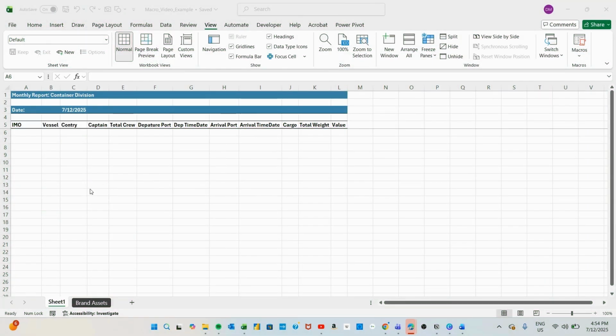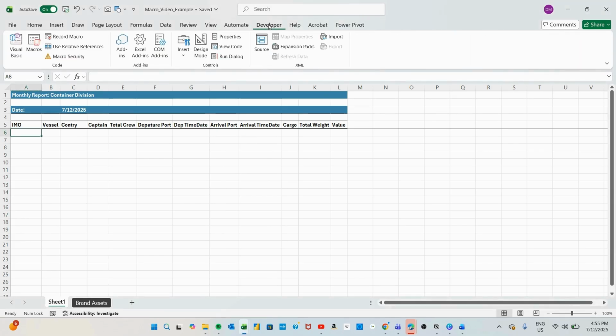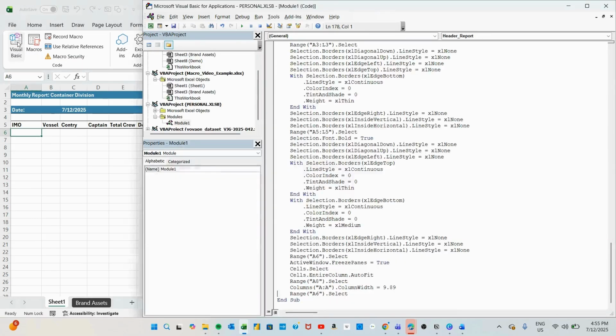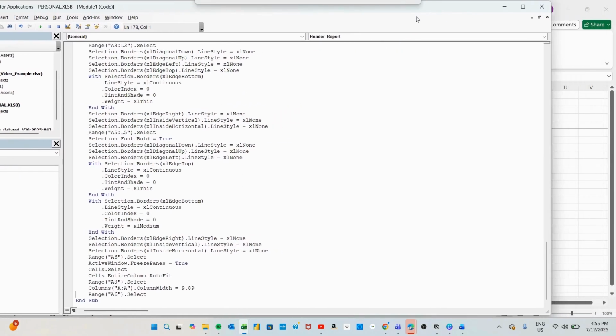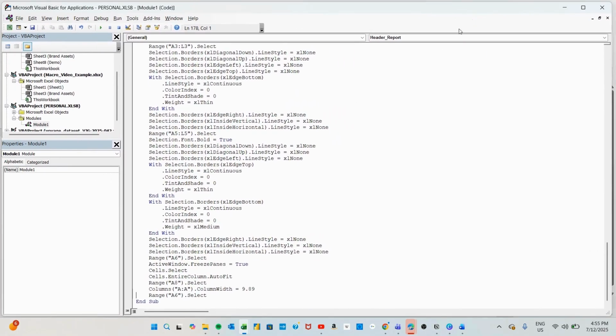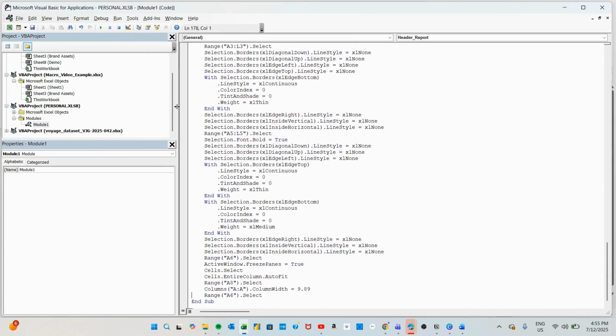Now, there's a few things we can do, and that is to test this out on a blank workbook. But firstly, if you remember, we made a small error and left it there. Let's have a look at how we might fix this up by actually going into the back end and looking at our code. So if I select from Developer, Visual Basic, and what might look a little confusing at first, let's just talk our way through what we have in front of us here